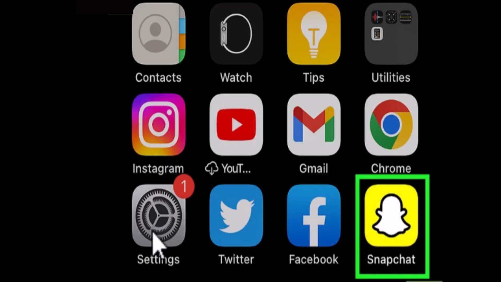In this tutorial, I'm going to walk you through the steps on how you can log in or sign in into your Snapchat account on your iPhone or an iOS device. So in order to log in into your Snapchat account, first thing you need to make sure that you've already